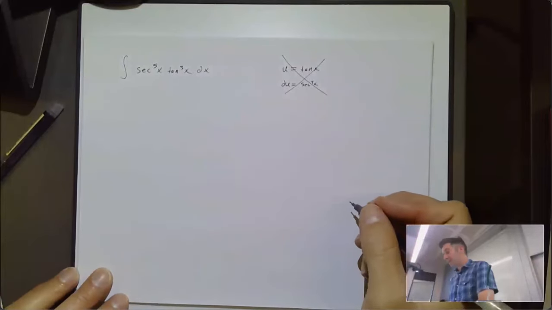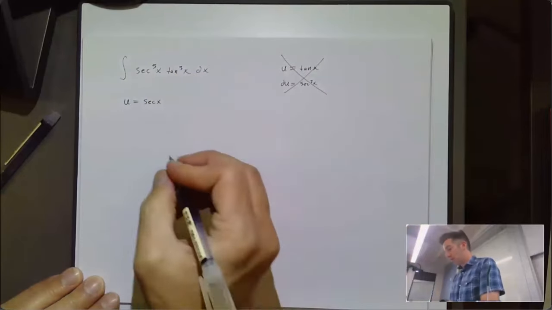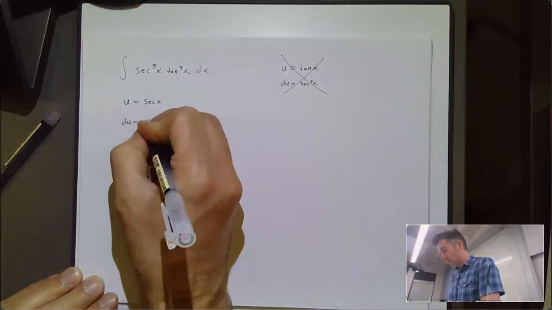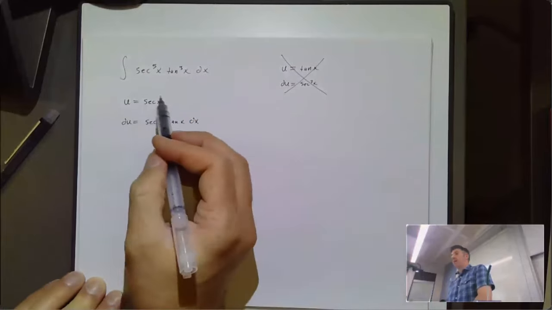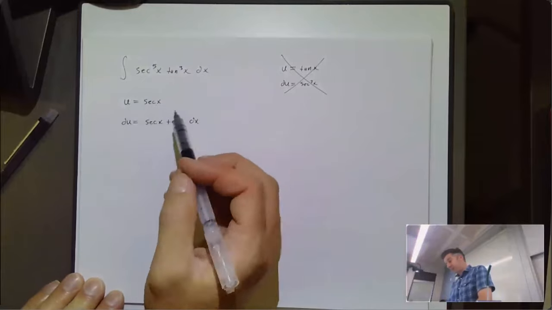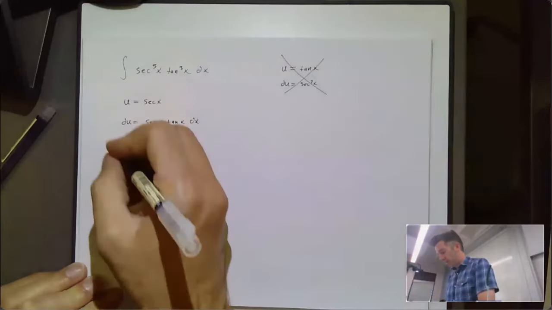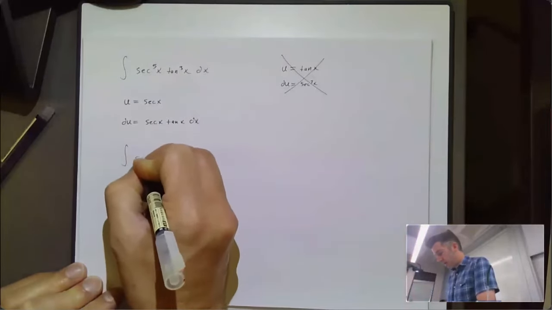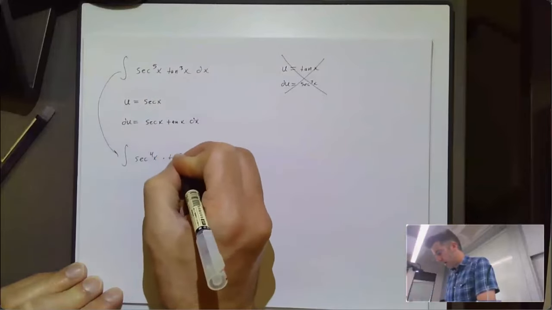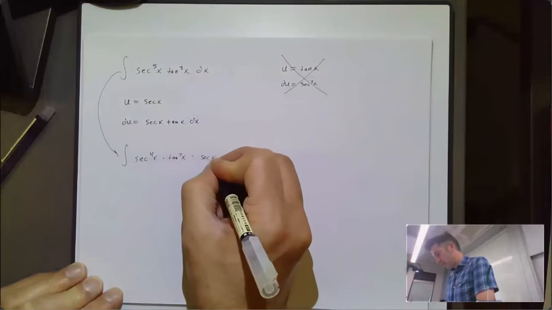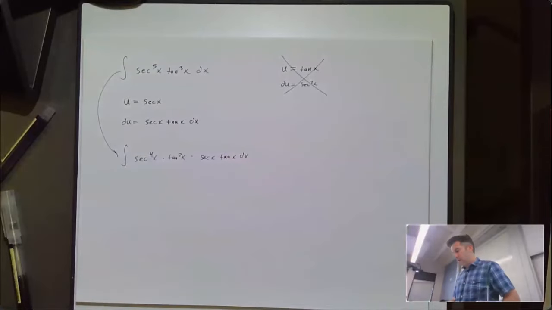So in this one, we need to pick u equal to secant x. The reason being, our du is going to be secant x times tangent x dx. And the thing that's not my u, so tangent in this case, after I deal with my du, there's going to be an even amount of tangent left over. So I'm going to rewrite this as the integral of secant to the 4th x times tangent squared x times secant x tangent x dx. And then we see all the things. We have a